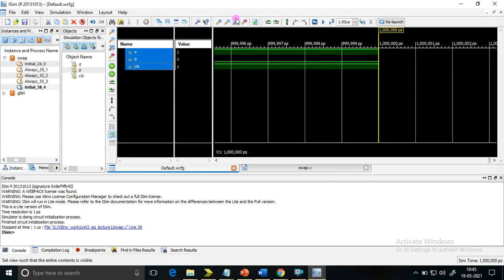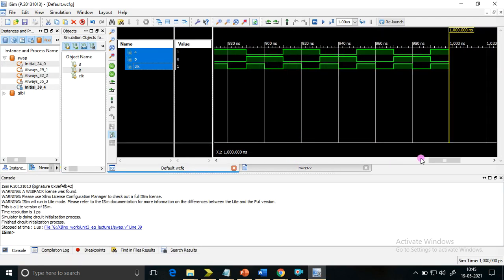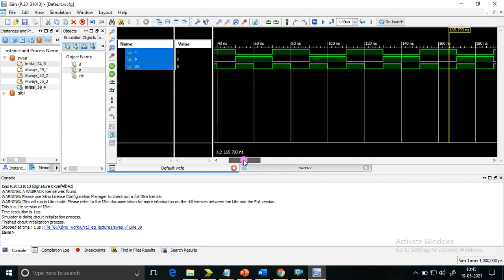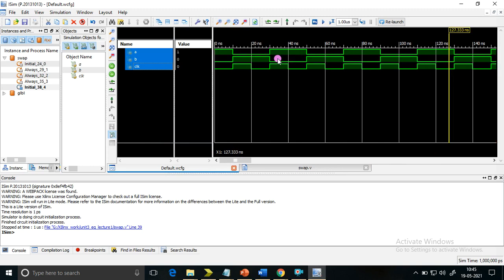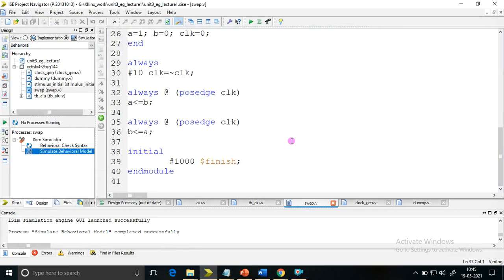Here, zoom to fit. You can check at any time that the A value and B value are not the same. It is getting swapped. At every positive edge, the A value and B value are getting swapped. So this is the application of the non-blocking assignment statement.